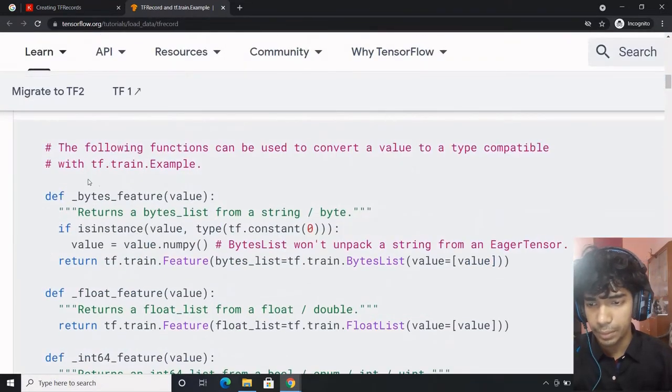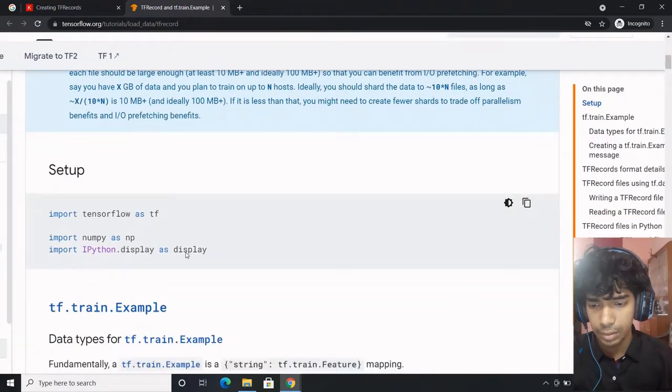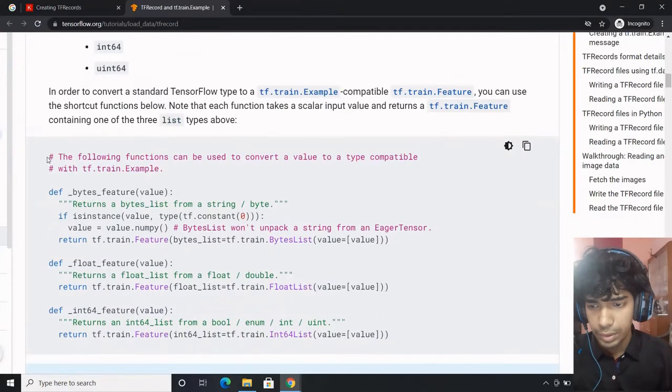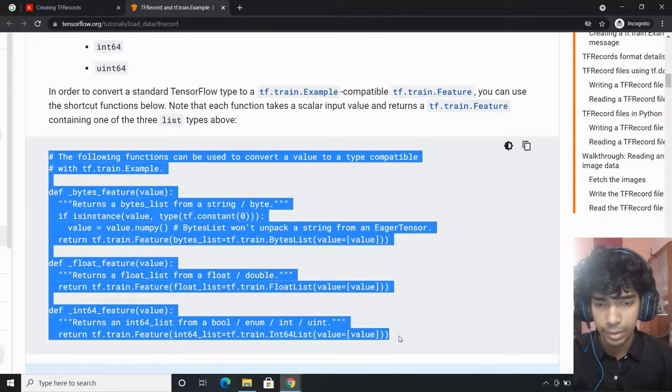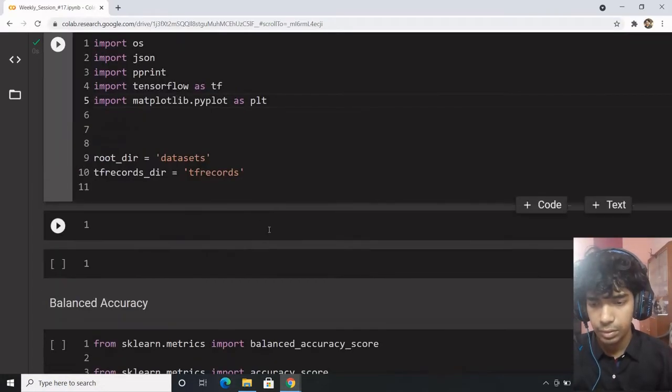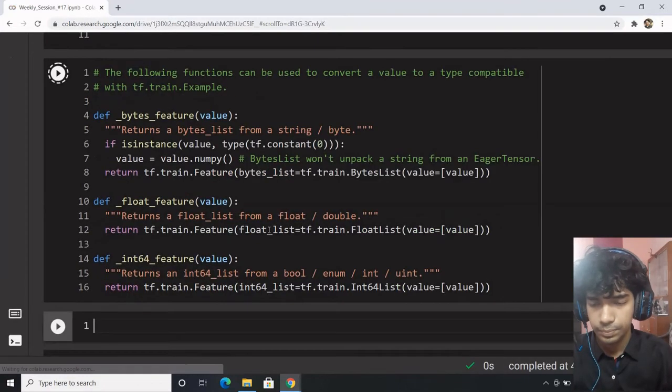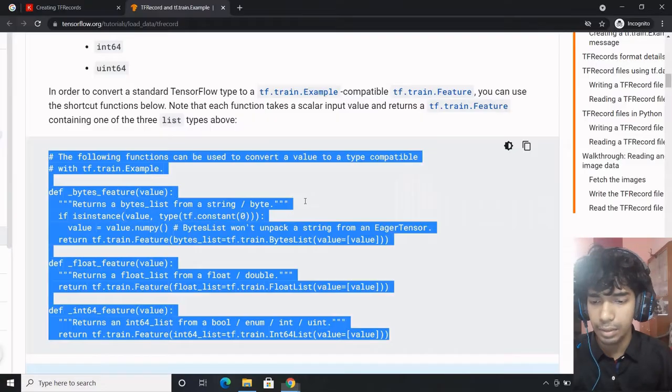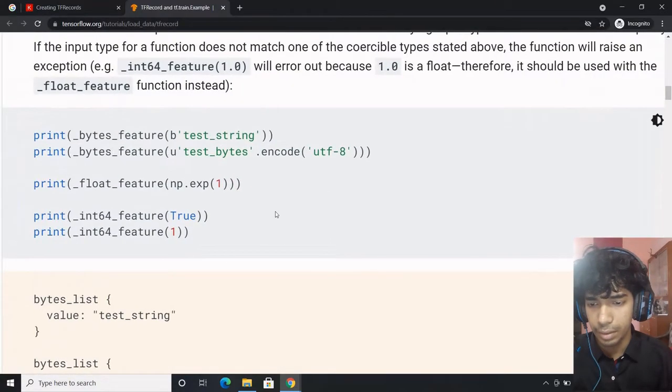So let's experiment with what exactly it is. We have defined this utility function. Now let's get to the coding part.